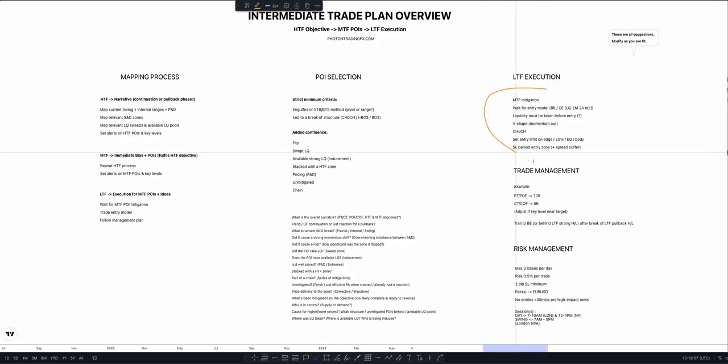But for a more generalized rule, like how I would have it in my plan, I know I'm waiting for that medium time frame mitigation, and then I wait for my entry model, and then I would set my entry order. This again, you want to decide: are you going to be a trader who always sits on the edge? Are you going to use 25%, 50%, or the body? We spoke about this in the entries module, so go and look at that if you don't know what I'm talking about. And then stop loss always behind the zone,